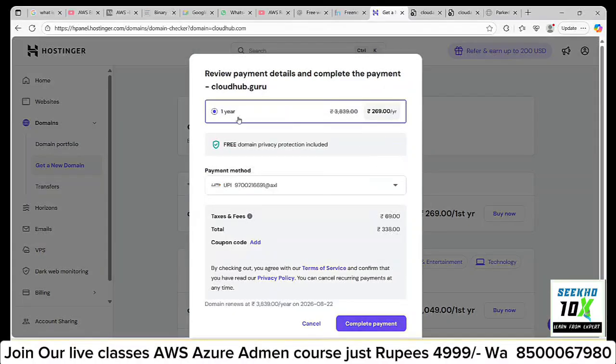So how much will you pay for one year? The charge is 269 rupees per year, and with the fees and everything it costs around 338 rupees for your one year subscription. You can use cloudhub.guru as your site.